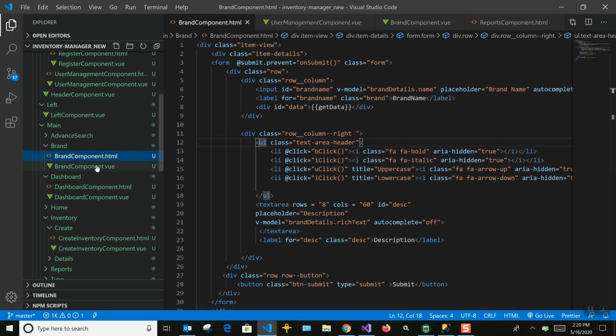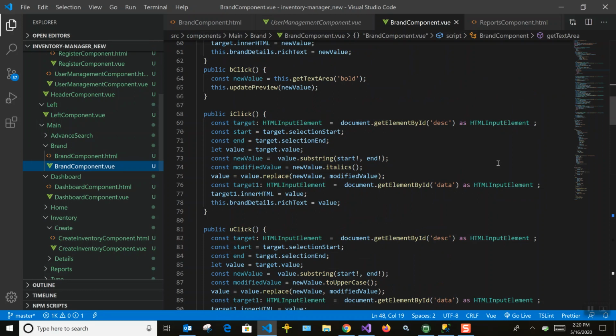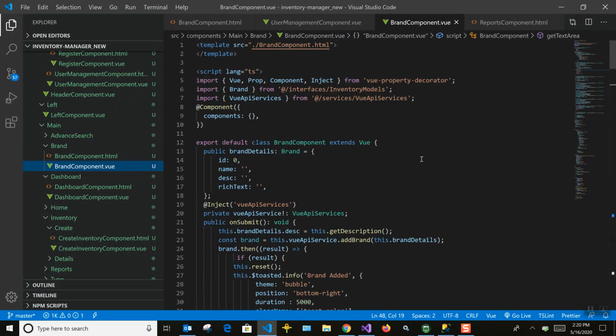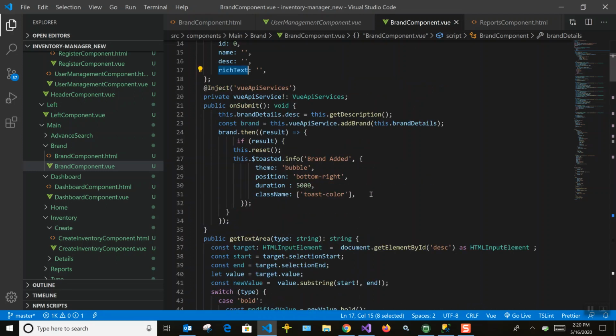Once we come to the component part, here we are calling the HTML. As I mentioned, I used TypeScript, so I'm mentioning the type for each item. Brand details is the one which is going to store the name, description, and the rich text, capturing both the HTML edited text and the normal text separately.